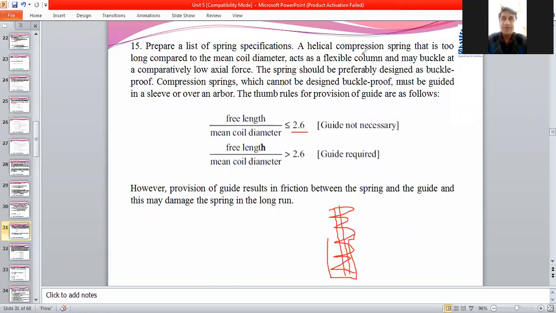Any question related to this procedure? Let me know if you have any question. This was the remaining part which we had to cover in the last lecture, but we have covered it, and now it is in the right sequence. Any question? You can write in the chat box. Can we move to the next slide? Okay.